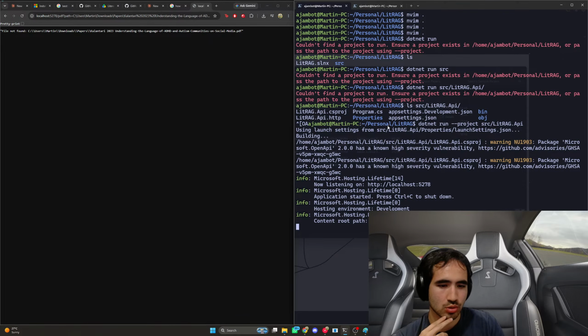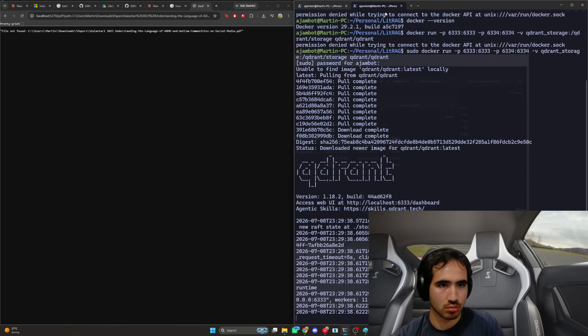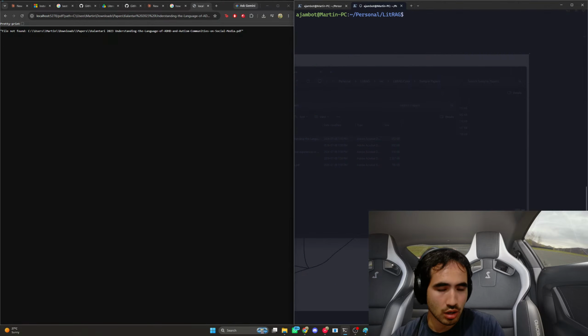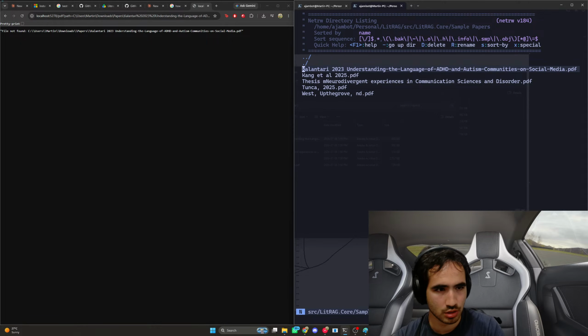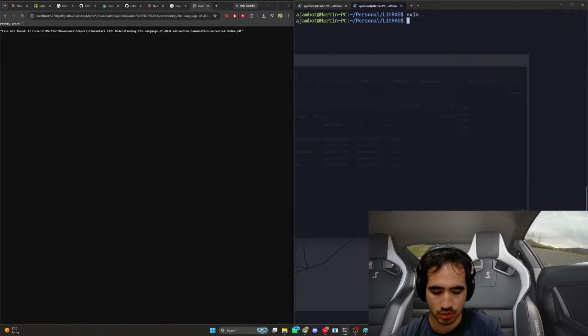So maybe it's only reading paths from inside. I don't think I need to have this running yet. So we're gonna get the path for the PDF, which would be source for sample papers. I guess this is not right. ls source